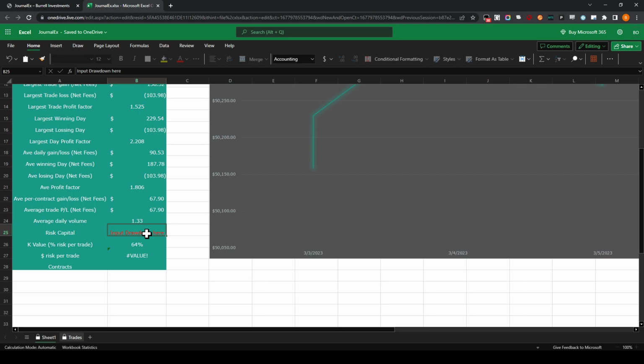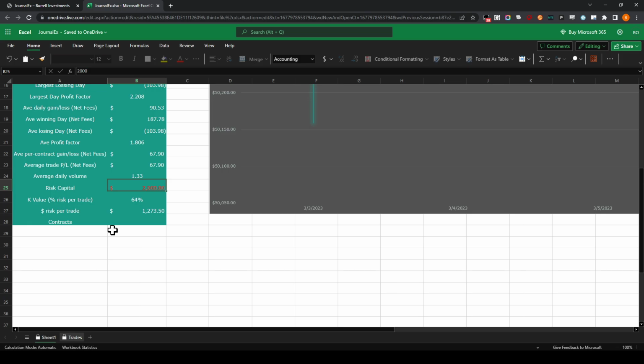So, for example, if you're on a 50K account, a lot of times it's going to be about $2,500. So you would input the $2,500 there, and based off of your winning trades and your losing trades, this is going to tell you what your edge is in the market